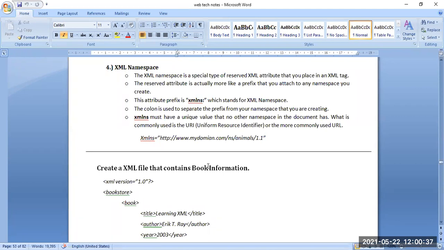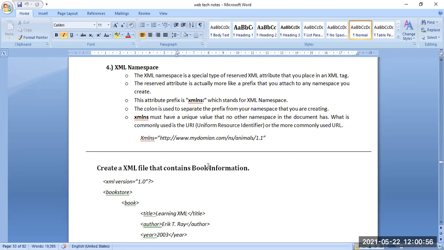Namespace is also present in HTML, as we saw previously. So XML has the speciality of a namespace also. It is a special type of reserved attribute that is placed in an XML tag.